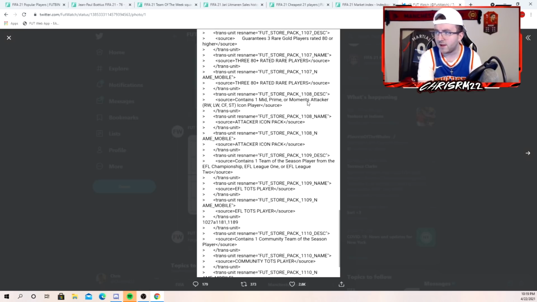So it contains one mid, prime, or moments attacker, right wing, left wing, center forward, and striker. Now, the majority of the icons in this game are strikers that are bad. And this SBC, if they do release this SBC, maybe they do it for like icon swaps in 2 weeks, who knows. But listen, this could be something like that,